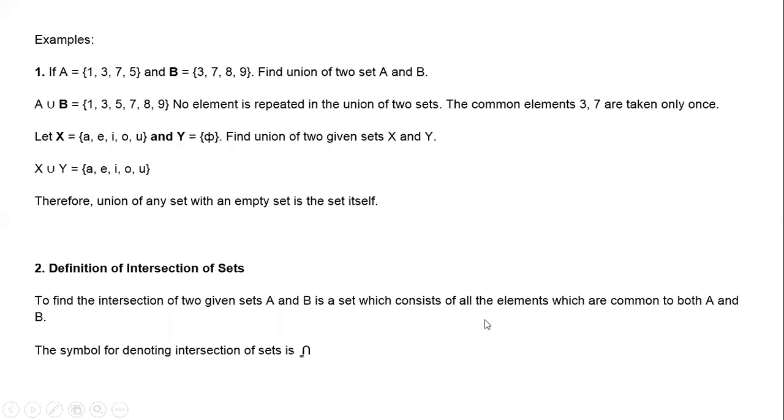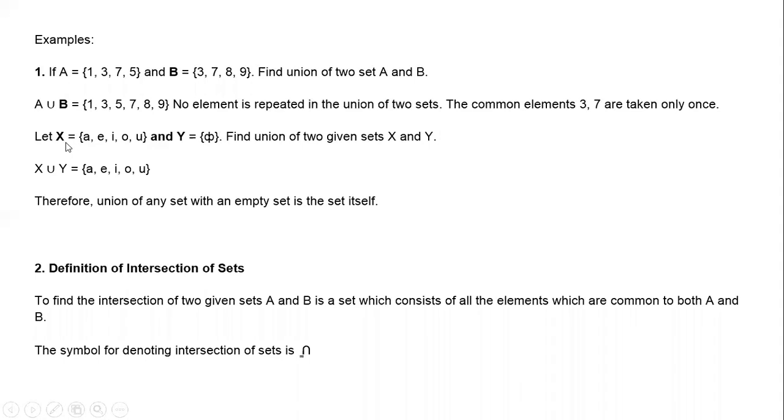This is about union. Now, for example, A is given as 1, 2, 1, 3, 7, 5 and B is given as 3, 7, 8, 9. What is union of A and B? Now you see here 3 is repeated; you should write only once. 1, 2, 3, 5, 7. 7 is repeated 2 times, but we have to write only once. And 8, 9. The union will not contain any repeated values; it will contain only distinct values.